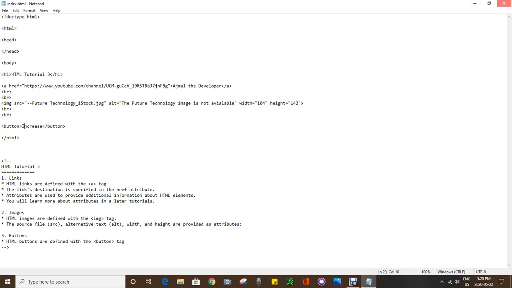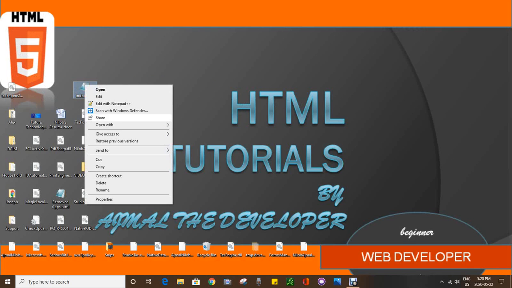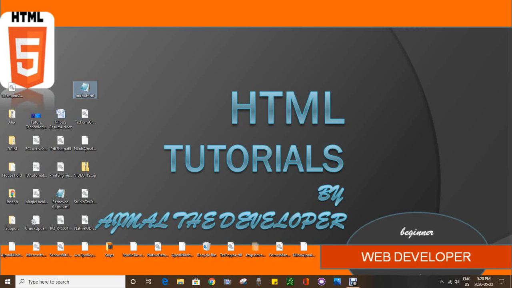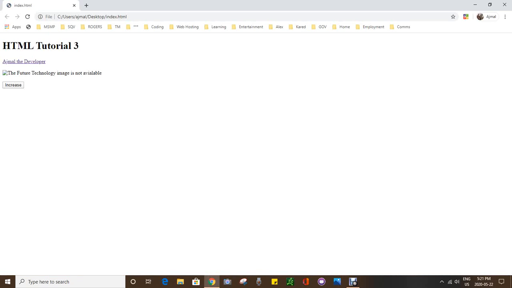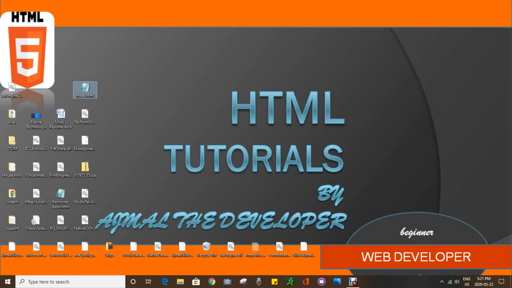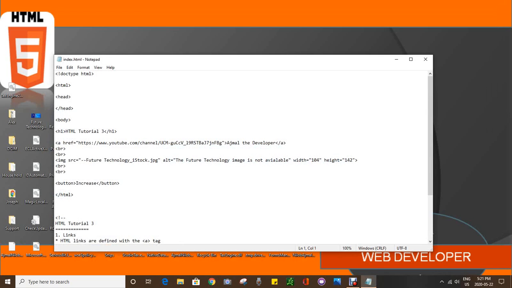Save this, close, run it again. And there you go, increase. At least you can see that it works, it's active. But like I said, we need to add those functionalities and behaviors in that button, which we will cover in a future tutorial. So let's close this and go back to our document